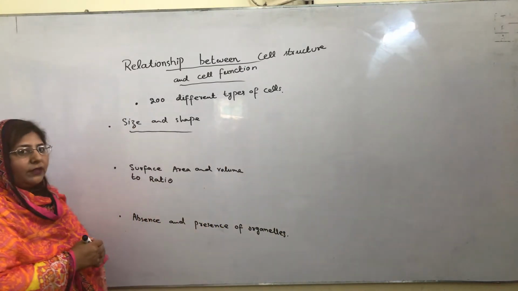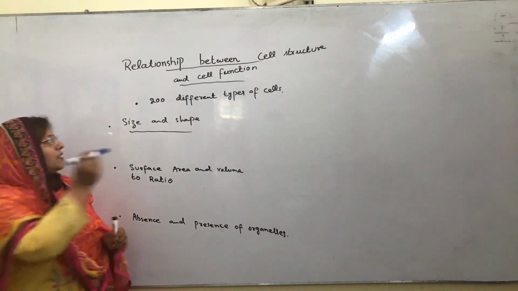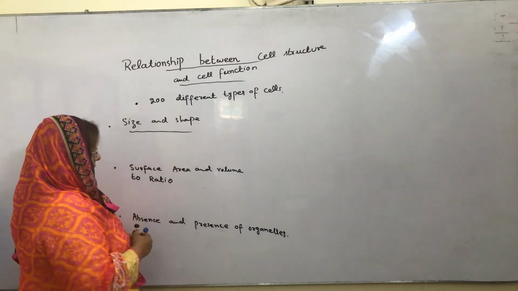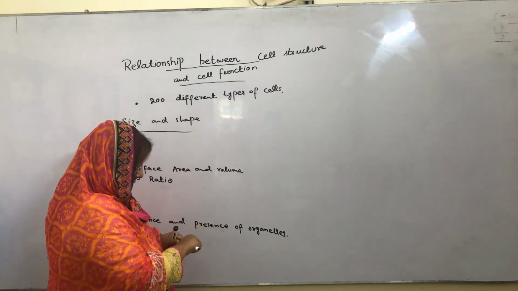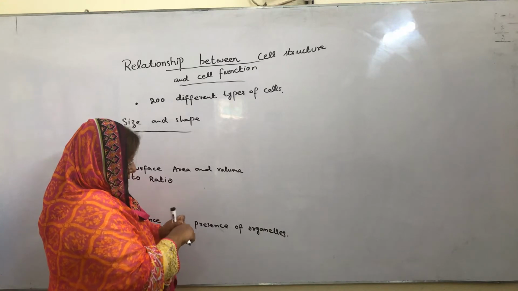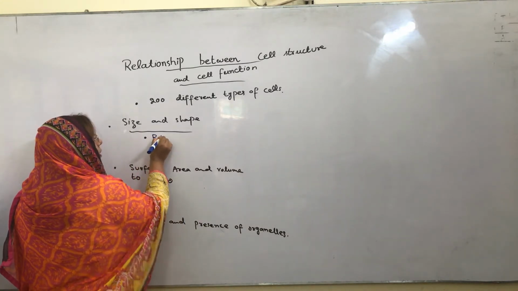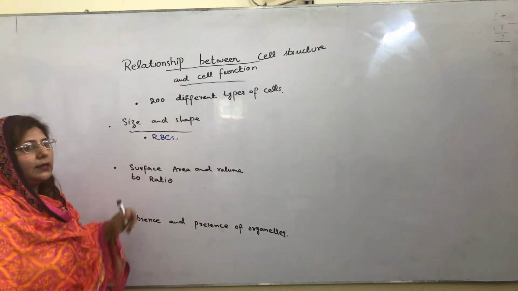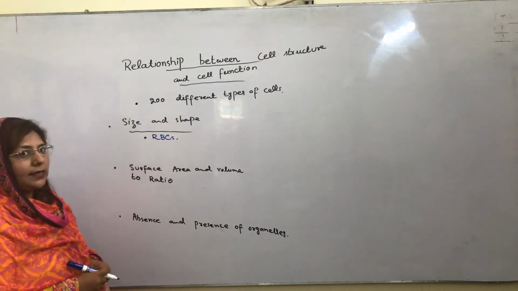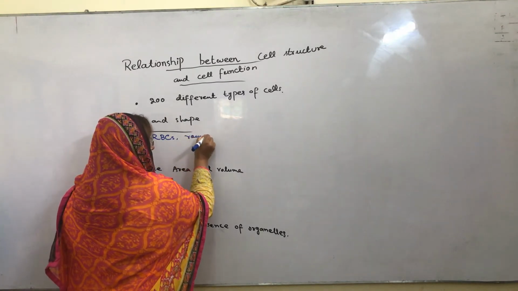So now we will first discuss the point size and shape of the cell. If we take an example of an animal cell, we can discuss the RBCs. RBCs means red blood cells. We all know red blood cells are round and flat in shape,